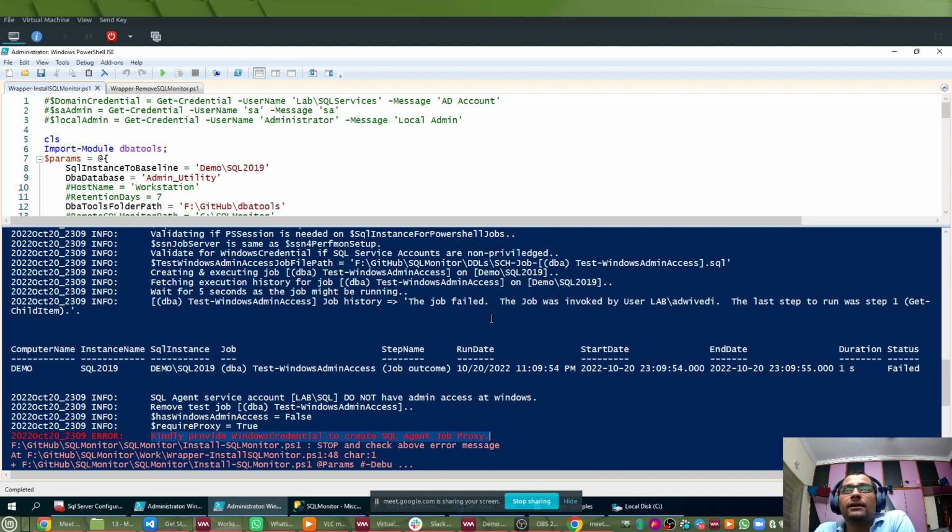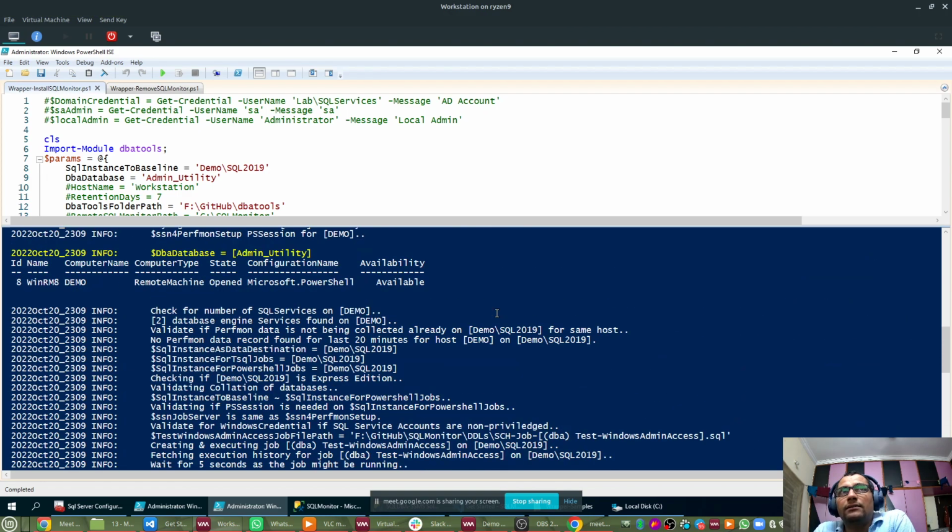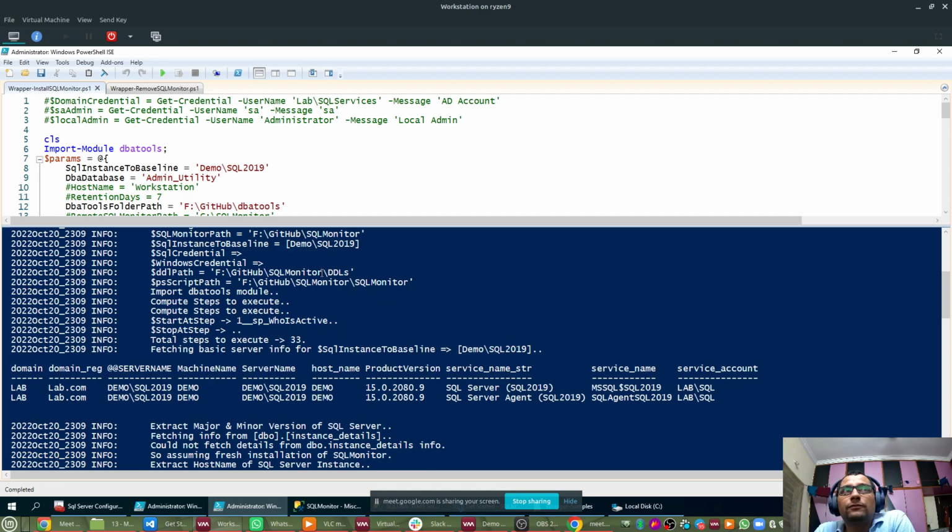Because the service account that is being used for the demo SQL 2019 SQL Server instance is a local service account. It does not have administrative privileges on the host. So the service account, which is lab/SQL, is a local service account and does not have administrative privileges on the demo SQL Server host. So that's why we need to provide a Windows credential which has admin access on the